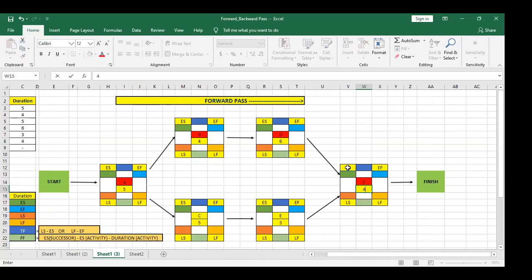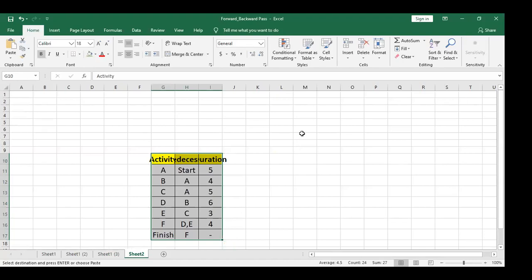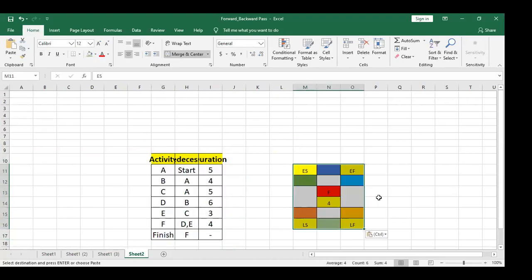When you guys are making the diagram, please remember, save this template in your brain. What is the template? On the top left corner, I will write the early start date of the activity.